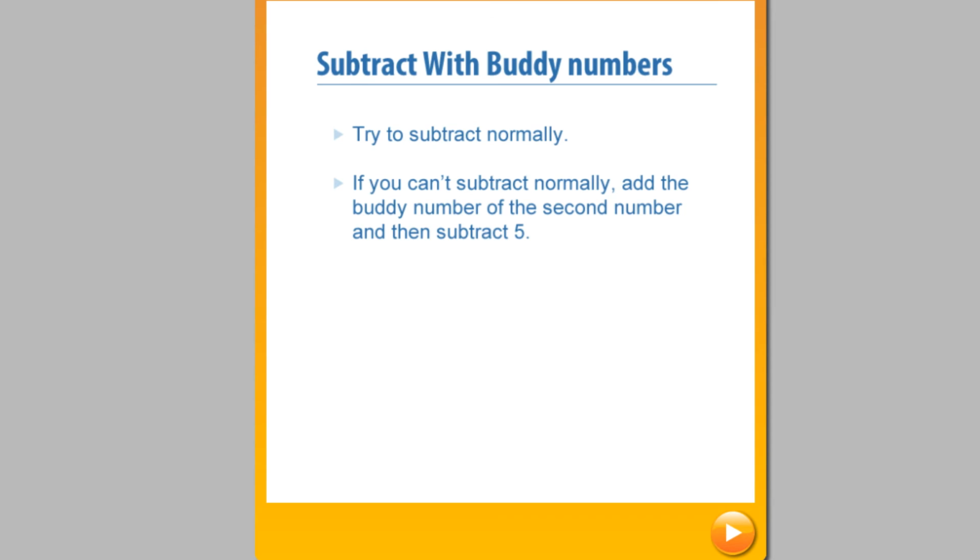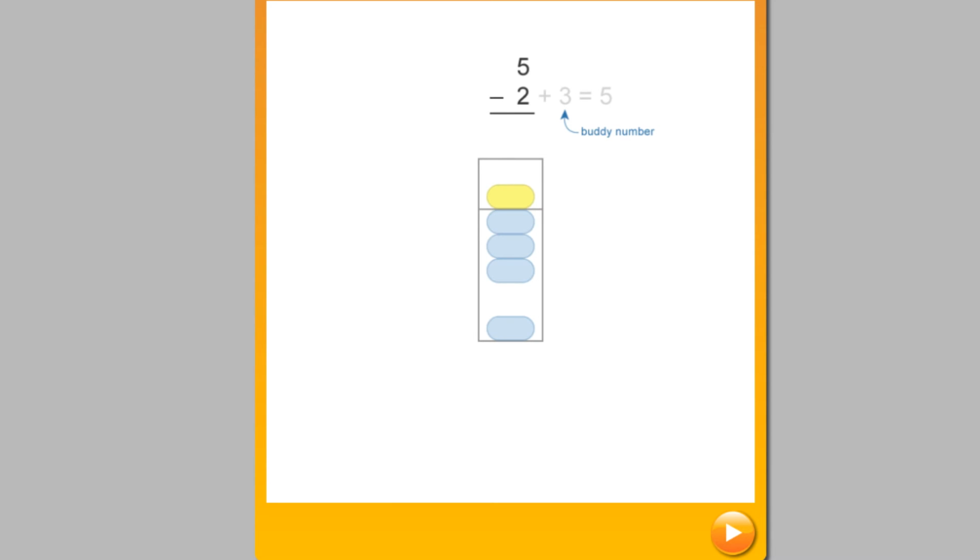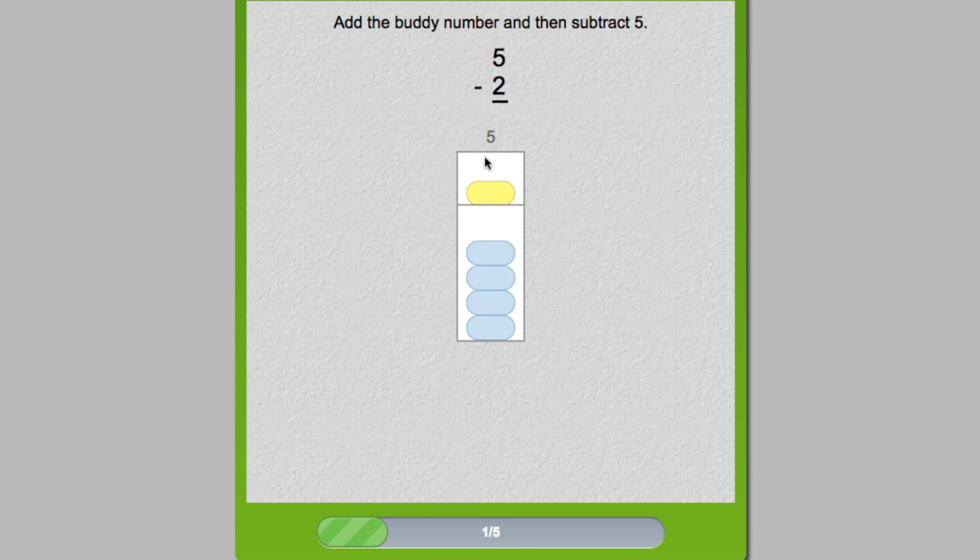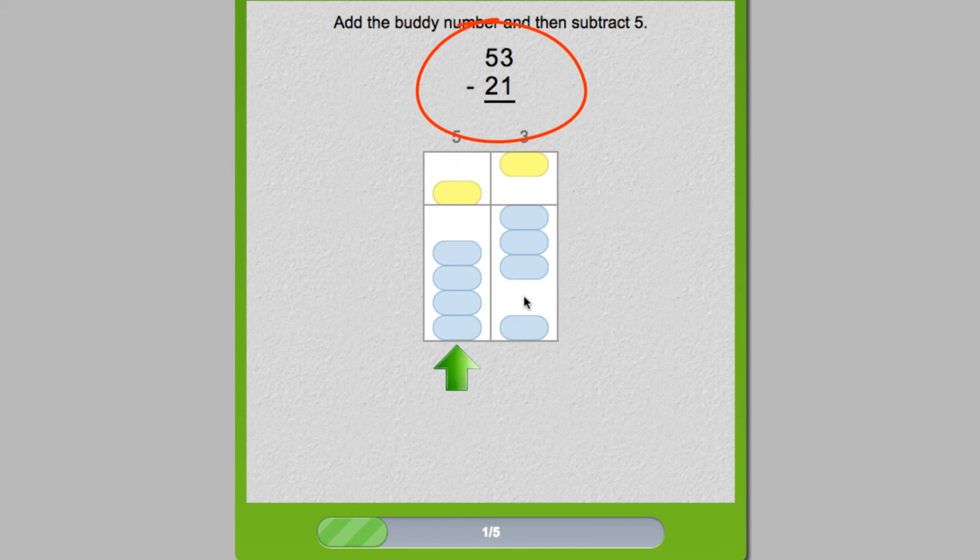Once the student gets through all of the addition, they will move on to subtraction. And again, the module will start by teaching the student the concept of using a buddy number with subtraction, followed by an animated Teach Me that demonstrates the concept to the student. And the student will practice using the buddy numbers in subtraction with single, double,